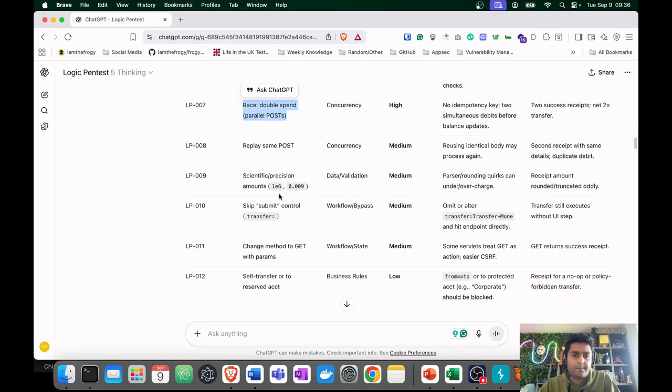Okay, this is the precision, because I mentioned to you that you give 132 and it converts into 132.0. So what if you start giving something like this? The parser may get confused about what kind of amount this is. Okay, you skip the submit transfer button and then still try to give something else. So for example, if you look at the request,